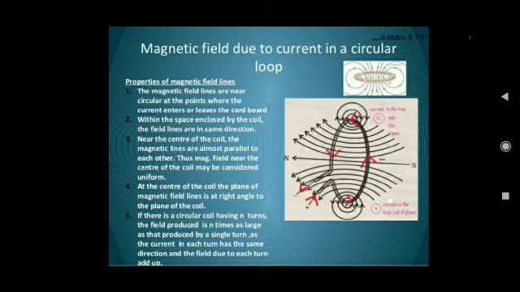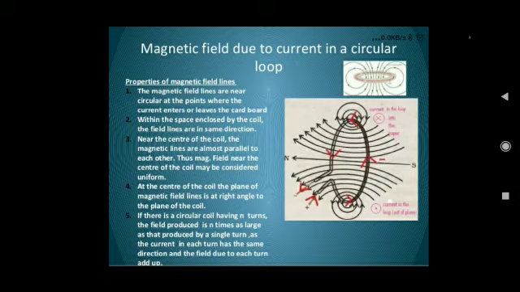So you can see here that the magnetic field lines are in the form of concentric circles at the current in the loop into the paper and the current in the loop out of plane. But in the center, you can see the magnetic field lines seem to be straight. And as I told you, when you move away, the concentric circles become bigger and bigger. Why do the concentric circles get bigger and bigger? Because when we move away, the magnetic field gets weaker and weaker.